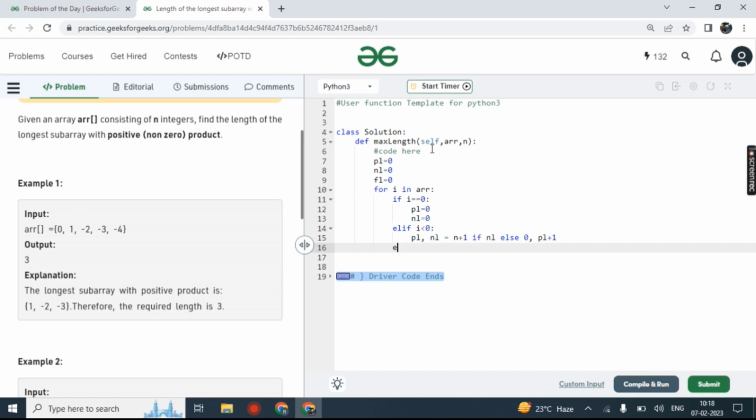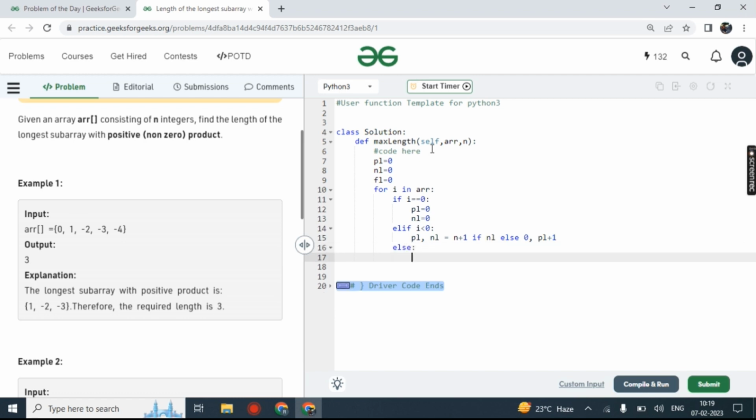And the same we are doing for the other case where i is greater than 0. We are just swapping nl with pl, nothing else. Whatever we are doing for the negative length, the same opposite we are doing for the positive length.